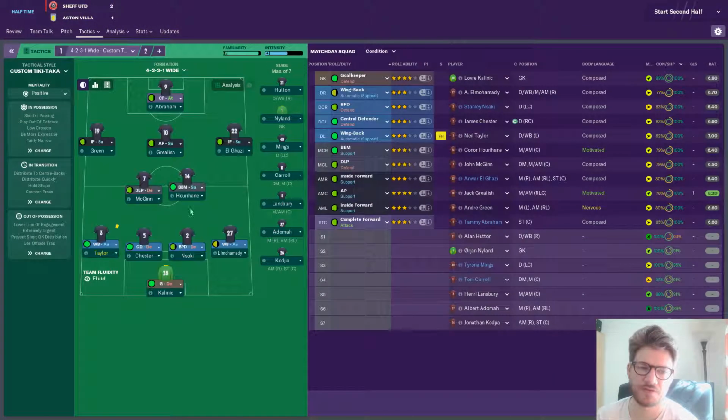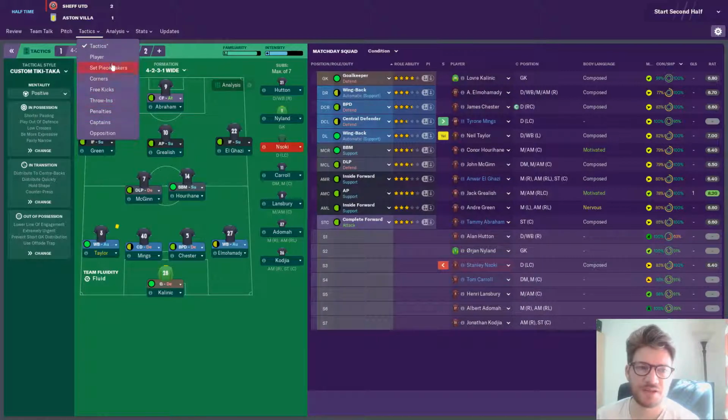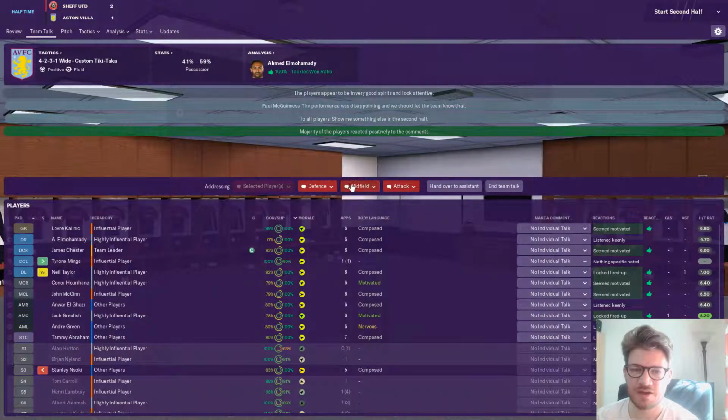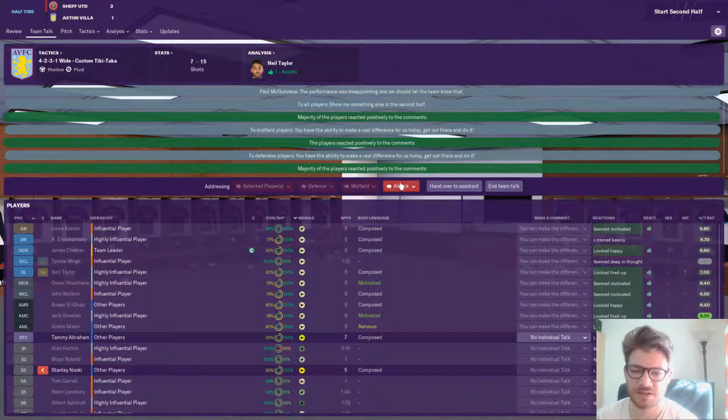And Soki's coming off. I don't mean to be rude, mate, but you've literally really ballsed up our chances there. So Tyrone Mings is going to come on for him. Other than that, we are doing alright in the midfield and everything. I can't really argue. We've been the better team. We've had more of the ball. We've made more chances, and we just can't seem to...